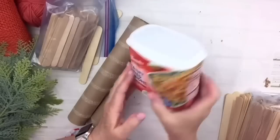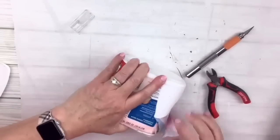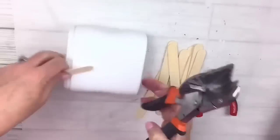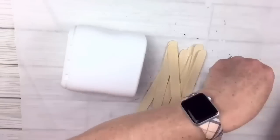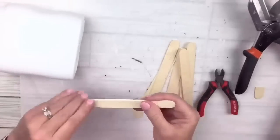For this next DIY, I've got my old container from some French fried onions, probably around Thanksgiving time. Got some craft sticks, the medium size. I'm going to use my miter shears, and I'm going to first take the craft sticks and see how long I need them to be to go all the way around this container, and then I will use the first one that I cut and draw lines on the rest of them